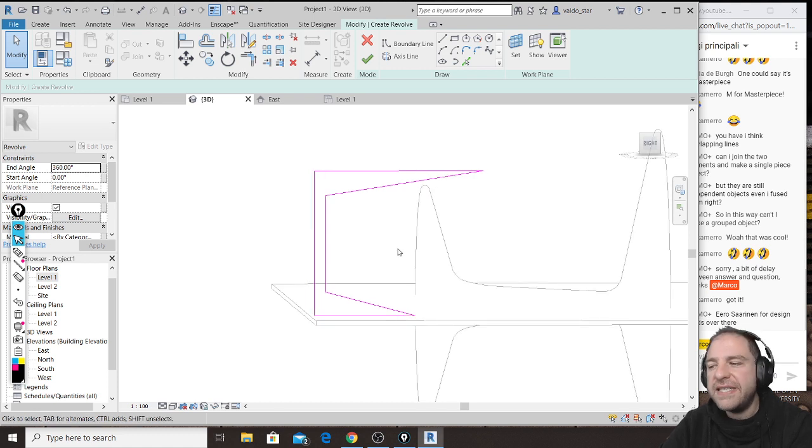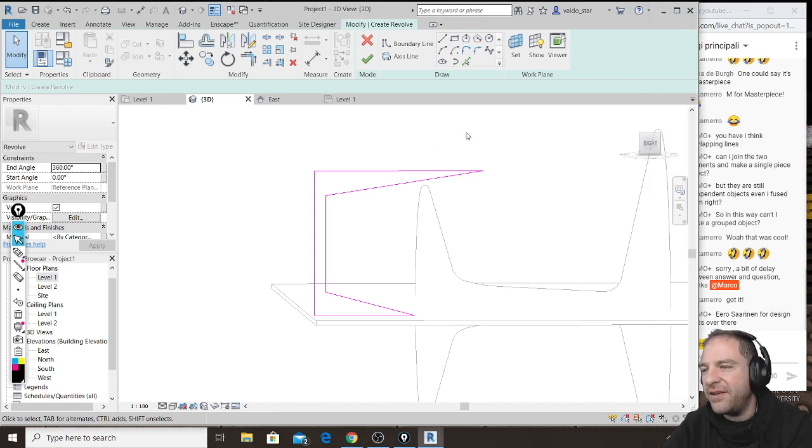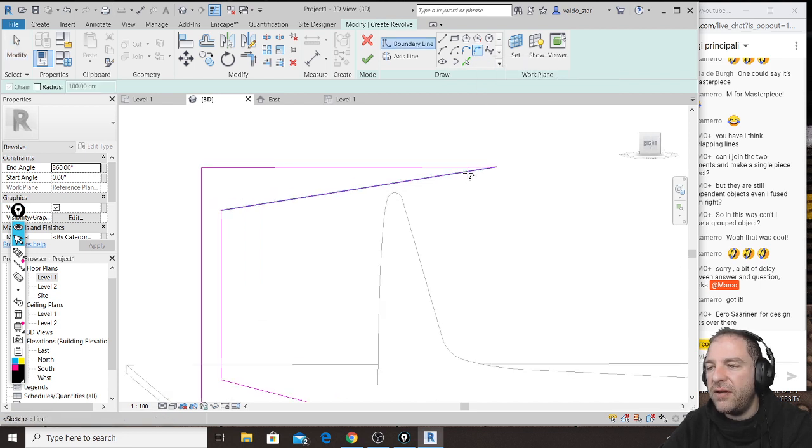So the process is the same, but instead of... exactly, Eero Saarinen is the author of the tulip table, and